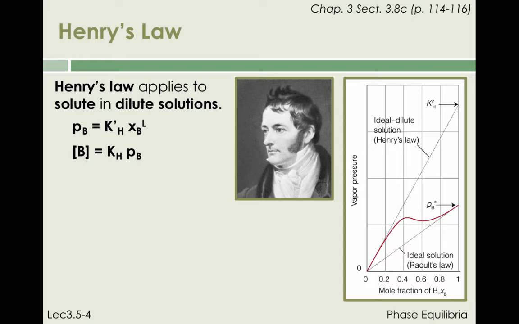K sub H is also called a Henry's constant for the solute B in dilute solution with solvent A. We, however, used a different symbol for this constant because it has different units. While K prime sub H had units of pressure, K sub H has units of molarity over pressure. Obviously, given a value of Henry's constant, we will decide how to write Henry's law by examining the units specified